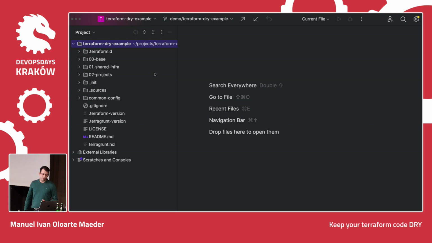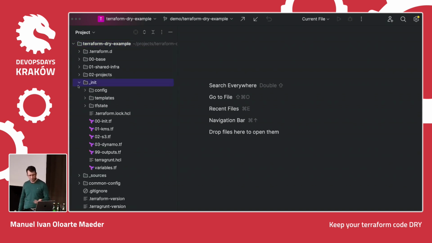So we have here this directory, and first of all, for this conference, I created a new AWS account. And of course, if I want to run Terraform or Terragrunt the proper way, I would like to have my state files not locally, but in an S3 bucket. I want to have this DynamoDB table for the lock system. I want to have the KMS key created so I can encrypt those things, because I want to do it the right way. And for this, I have this init directory that I use, where I define